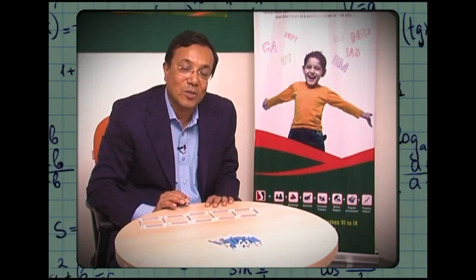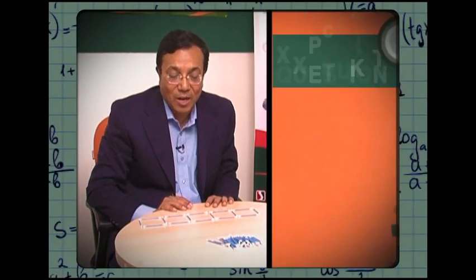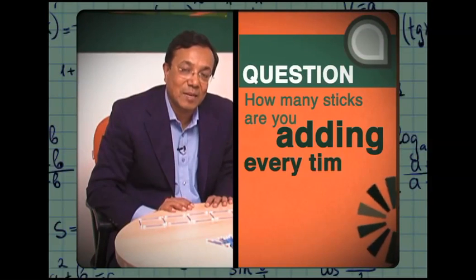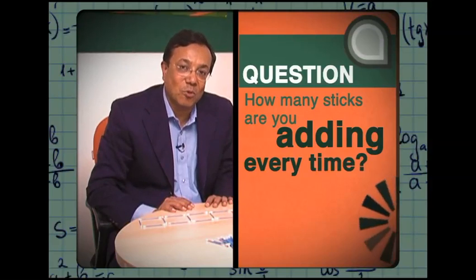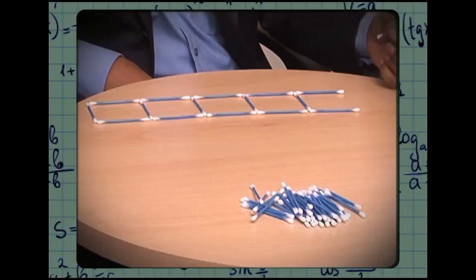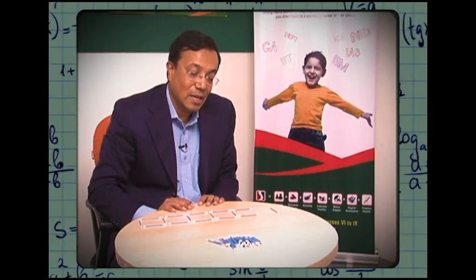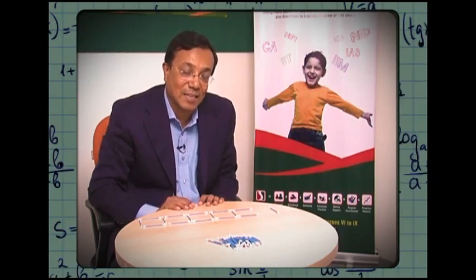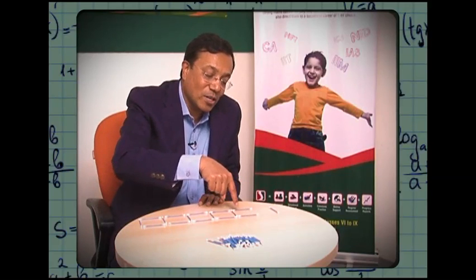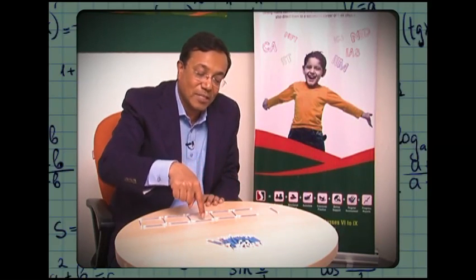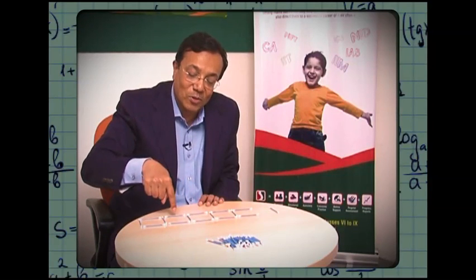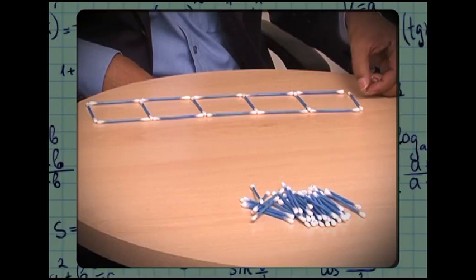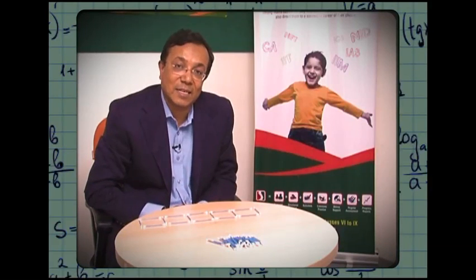So at this point you need to ask the child, what is the pattern here? How many matchsticks are you adding each time? Each time we are adding 3 matchsticks, which means each room has 3 matchsticks plus 1. 1 not per each room, but 1 for all the matchsticks that there are here. So then if you look at it, it's 1, 2, 3 for the first room, 1, 2, 3 for the second room, 1, 2, 3 for the third room, 1, 2, 3 for the fourth room, and so on. And at the end of all of that, you will add 1 matchstick, and that completes it.